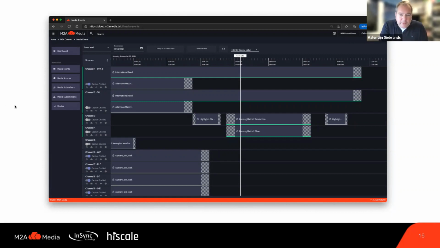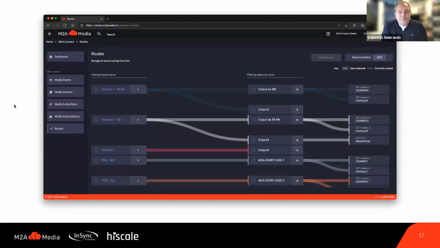Apart from planning the events, if you go to the next slide, M2A CONNECT also supports dynamic patching of sources and destinations, as you can see here. By connecting the boxes with virtual cables, you define a flow. For example, in one case, there's just one source flowing from A to B. Let's say that is the orange thing you see there.